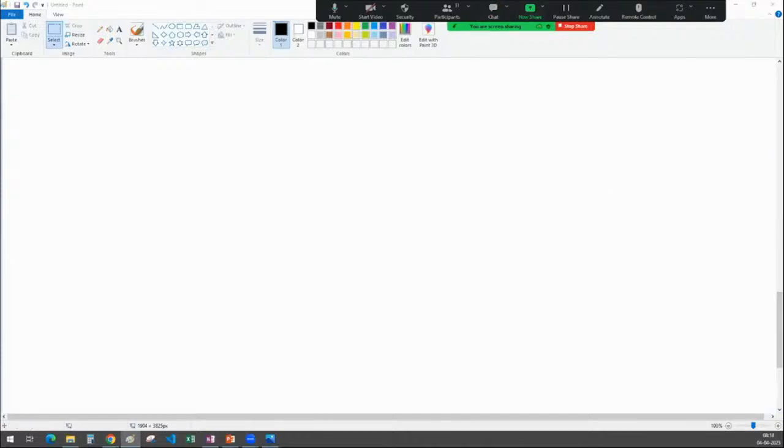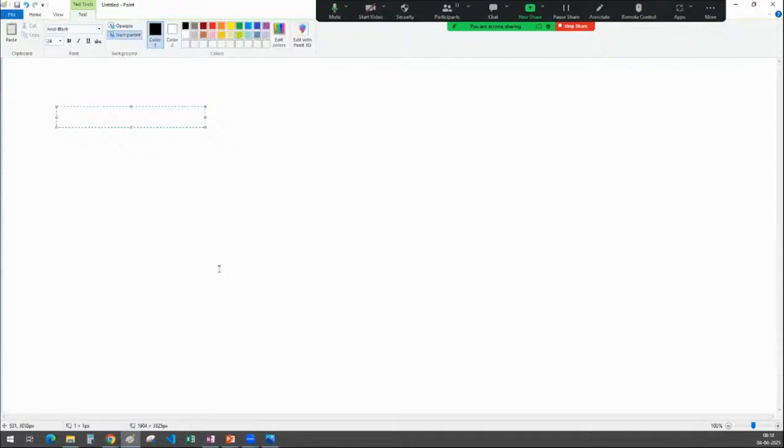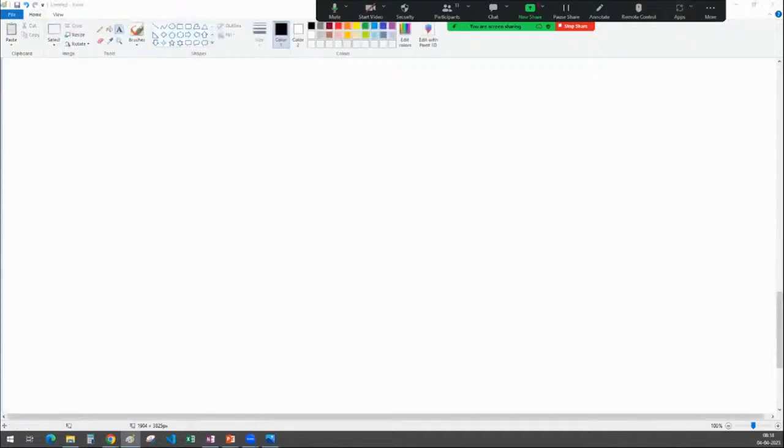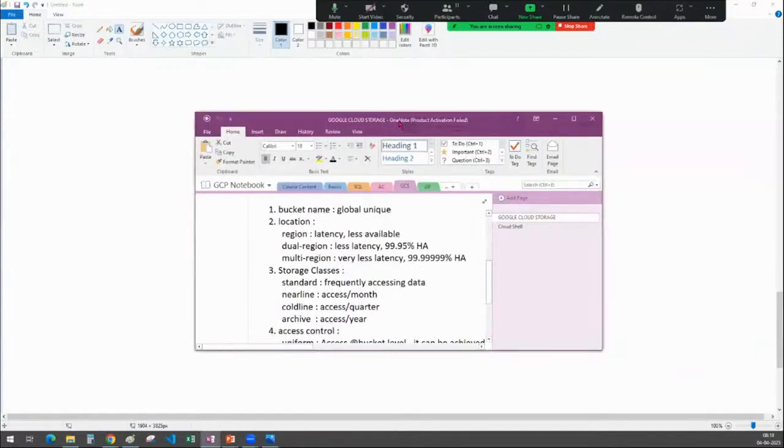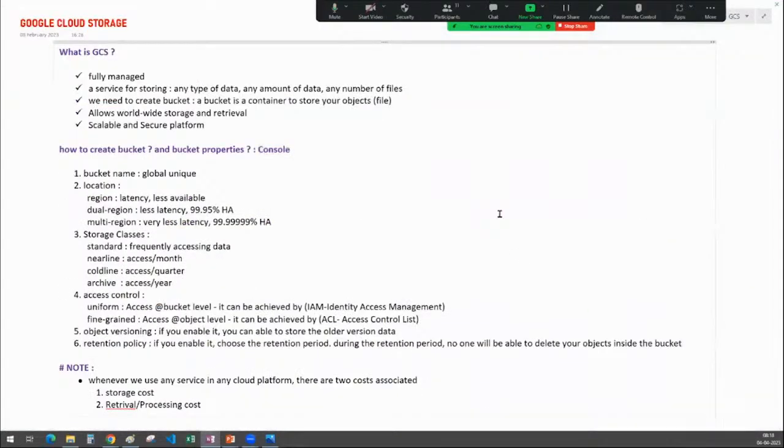Some people are asking for the slides. Slides I may not be sharing with you, but I will share the material, which is very robust. You will see the material for Google Cloud Storage tomorrow. Today we have seen what Google Cloud Storage is. This is access to my notes I will give you, sir. What is GCS? How to create a bucket? All the high level concepts. And here I have mentioned, whenever you use any service in Google Cloud Platform,